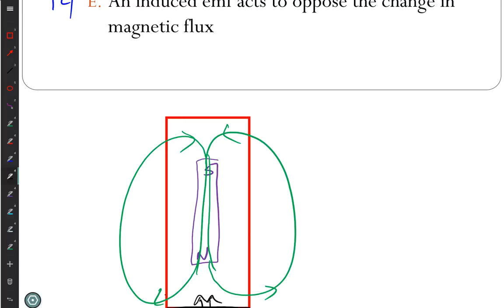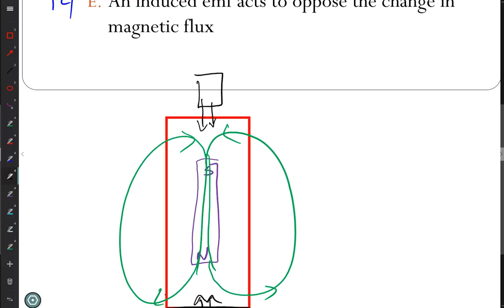According to Lenz's law, what should the induced magnetic field be doing? That's what you're supposed to ask. It should be trying to keep it from changing, so it should be making a magnetic field that's pointing the same direction. So it should be making a magnetic field that's pointing like that, which means it's behaving like a